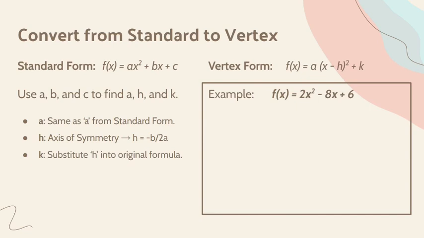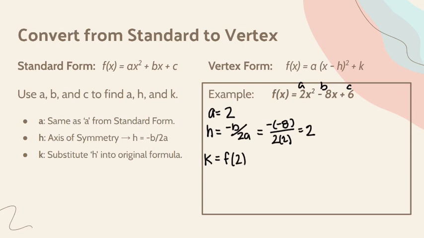So in our example, a is the same a from standard form. This is standard form, so that's a, that's b, that's c. a is 2. h is the axis of symmetry, so that's negative b over 2a. So we'll have negative 8 over 2 times 2. We've already done this in a different example, and we're going to get that it is equal to 2. And then for k, we substitute 2 back into the function. So f of 2, we will plug 2 in for each of these x's,